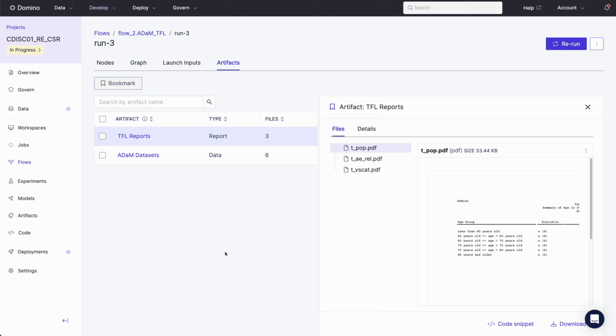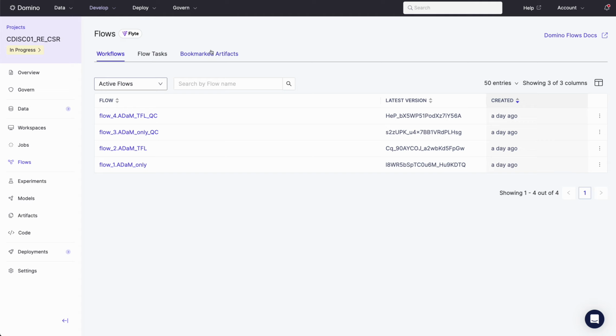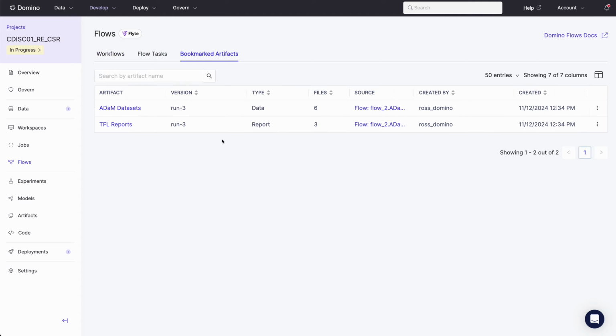Flows could potentially contain hundreds of intermediate outputs that may not all be important. Flow Artifacts allows me to surface only the important ones. As Run 3 is the latest gold standard version of my flow artifacts, I can now elevate these artifacts by bookmarking them. This makes it easy for my project collaborators to know which specific set of flow artifacts are the most important